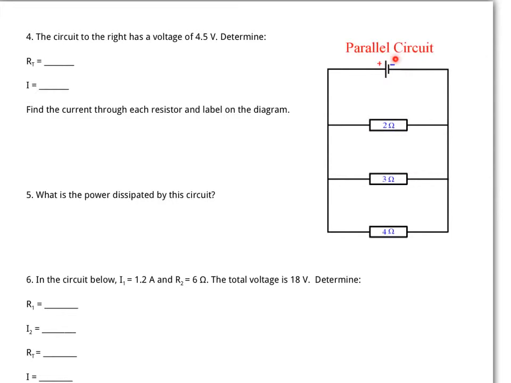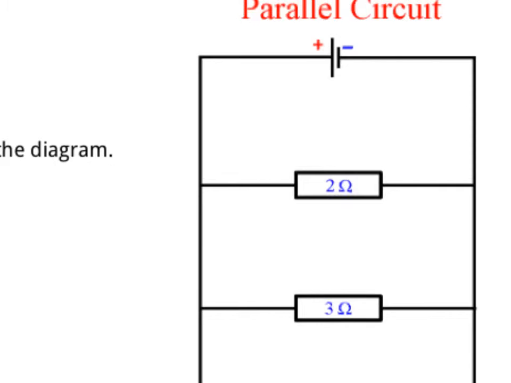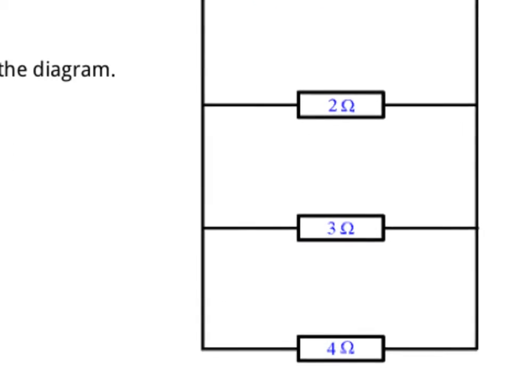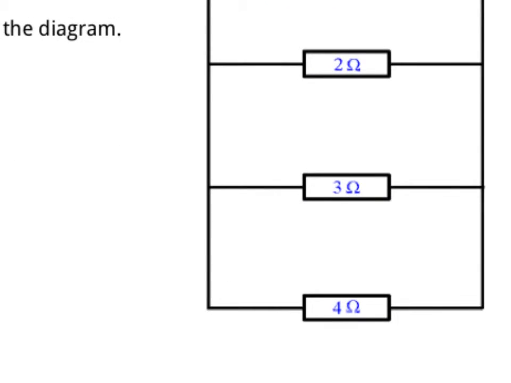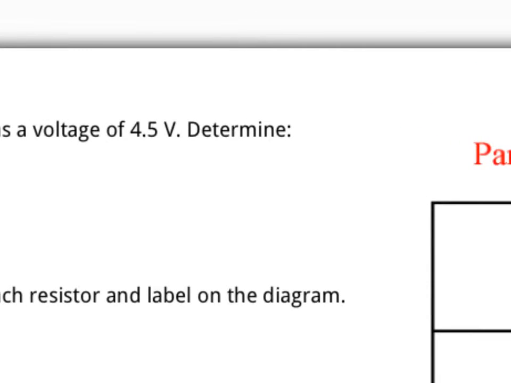out voltage and current. So first, in number 4, I'm going to go ahead and label our source of voltage as 4.5 volts so that we remember that here, 4.5 volts. And we are asked to figure out what is the total resistance if you have 3 resistors in parallel, 2, 3, and 4 ohms. The equation for figuring out total resistance in parallel is 1 over the total equals